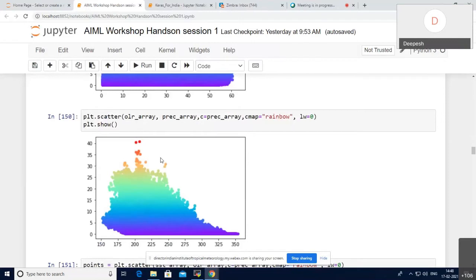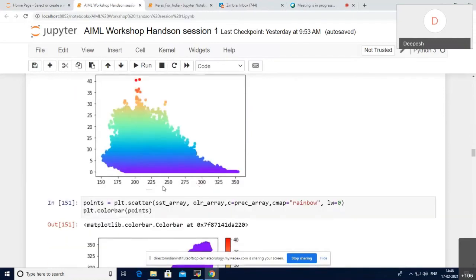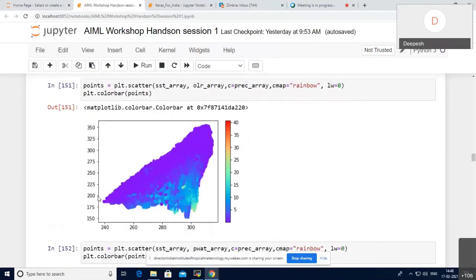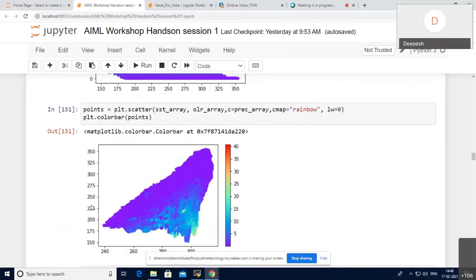Similarly, low OLR. On the x-axis you have OLR, and you can see that the high precipitation events, or the extreme events per se, are basically near 200 watts per meter square. Now, if you want to do a joint PDF kind of thing, where you combine two variables, depending on the precipitation, you can do